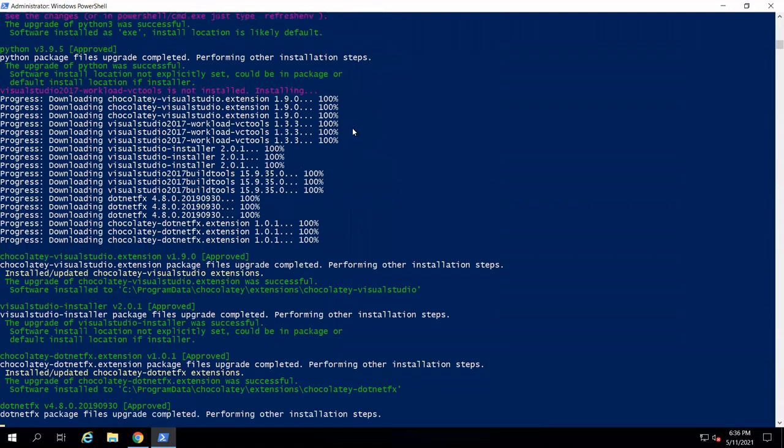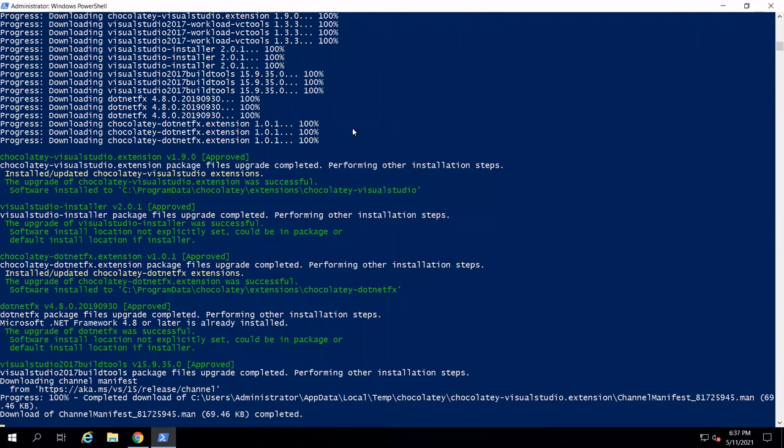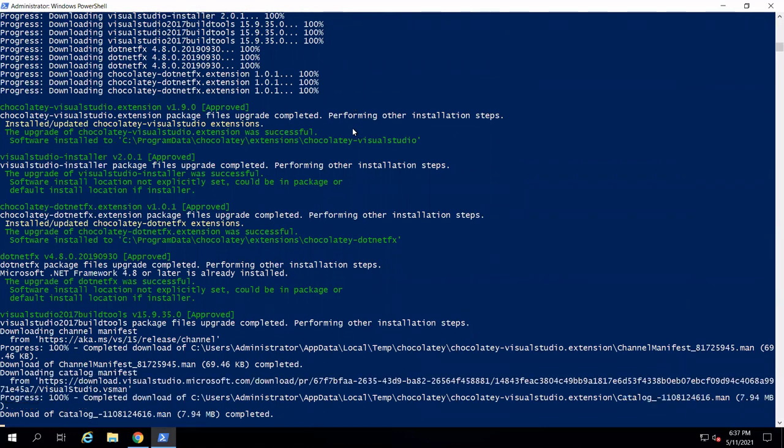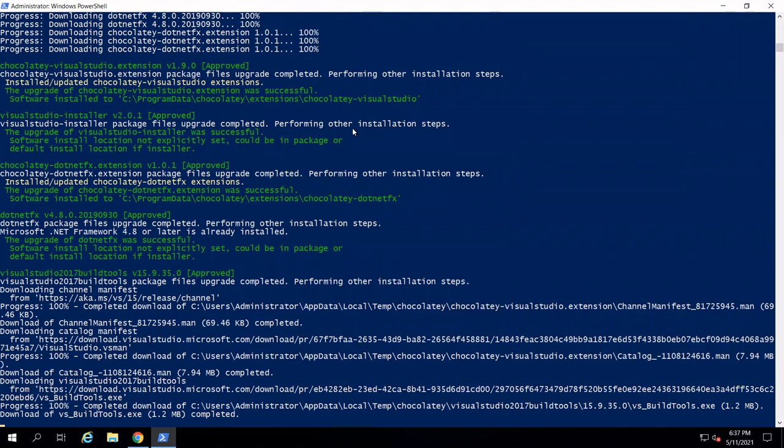Now again the Chocolatey Visual Studio extension has started installation. Next, the Visual Studio 2017 Build Tools version 15.9.30.0, you can see.